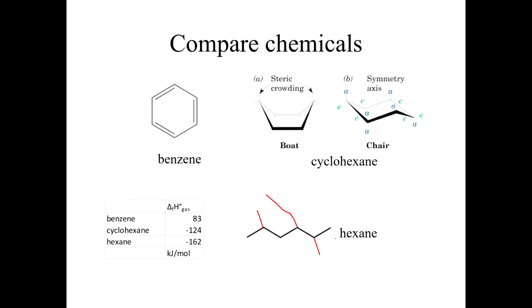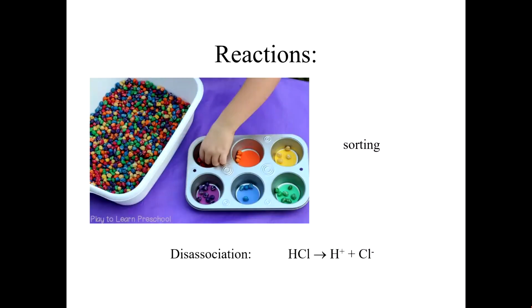In terms of enthalpy, it's not immediately obvious or maybe not intuitive, but benzene has much more enthalpy. You can see here's the heat of formation for benzene, much, much higher than it is for cyclohexane and hexane. So that's an indicator that you had to put energy into the system in order to drive a system toward lower entropy. That's frequently the way it works, not always, but frequently. In order to force a system to have less entropy, you're going to have to put energy into it, and therefore you're going to have a high enthalpy, low entropy system. Again, not always, but frequently.